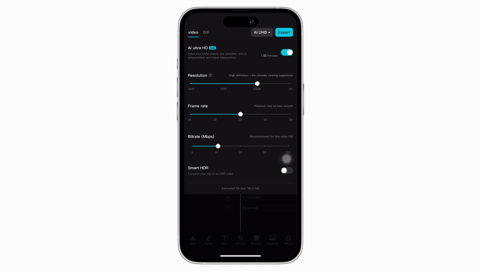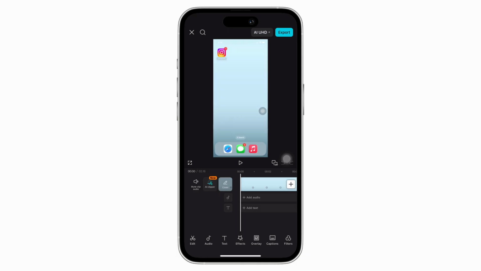See if that helps, and if not, then you can try to remove the last added clip or effect, as most export errors come from one corrupted clip. So remove the last added effect or transition or font or overlay, and then try exporting again